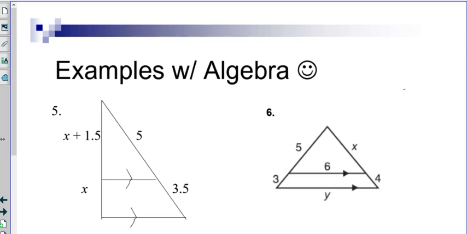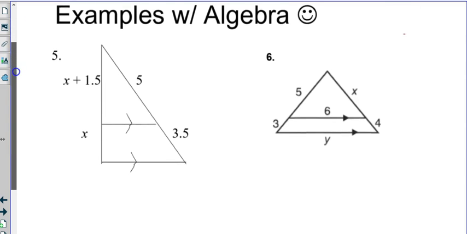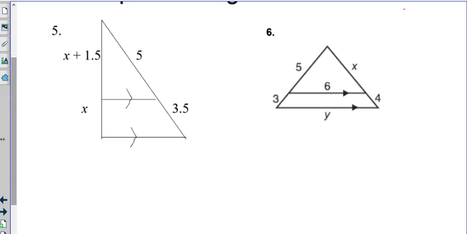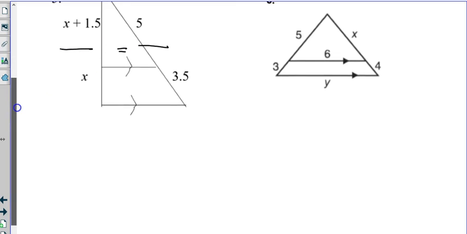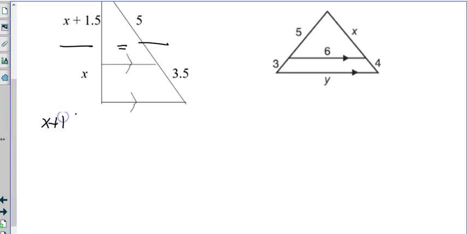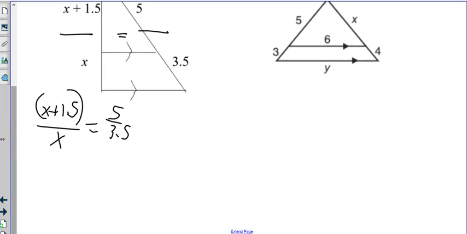Right, so got some more examples. These are just more you're going to be able to use for your assignment to help you with examples. So again, I like to just do this over this, like so. Makes it very easy. So x plus 1.5. Remember, anytime you have a binomial, put in parentheses, please, over x equals 5 times 3.5. So now you're going to distribute. So you're going to do 3.5x, but then you got to do 3.5 times 1.5. And that's plus